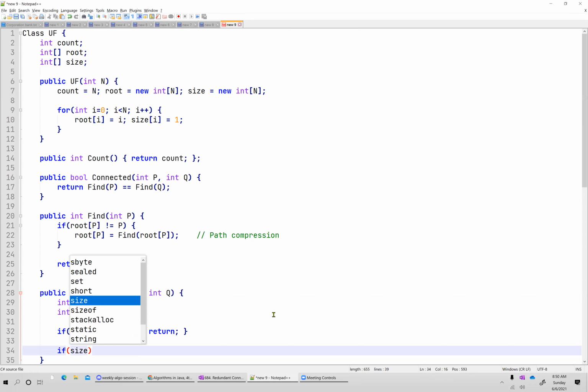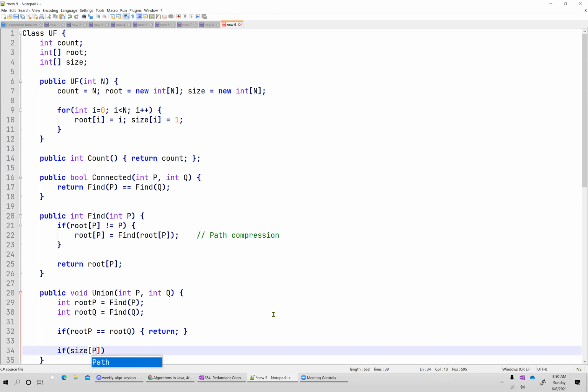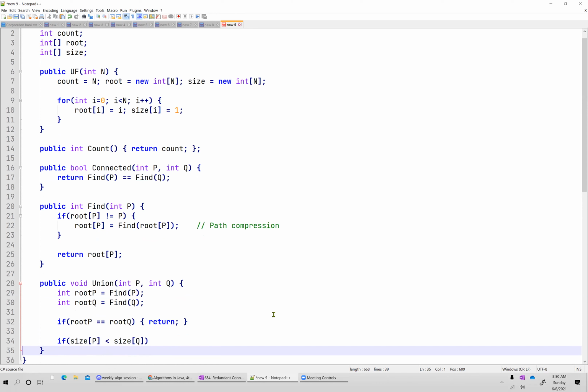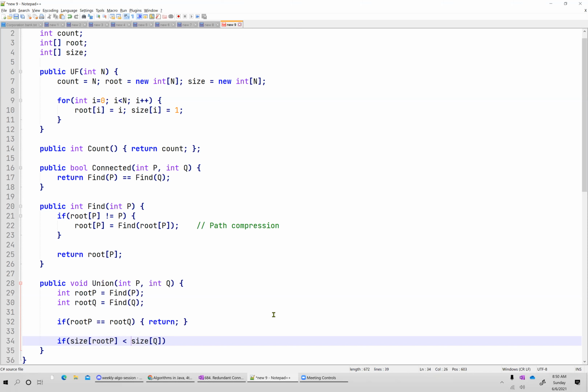If size at element P is less than size at element Q. Should we not take the size of the root P in this case? Size of the root P. Yes, we just want to check the size of root P. Thank you. That is correct.